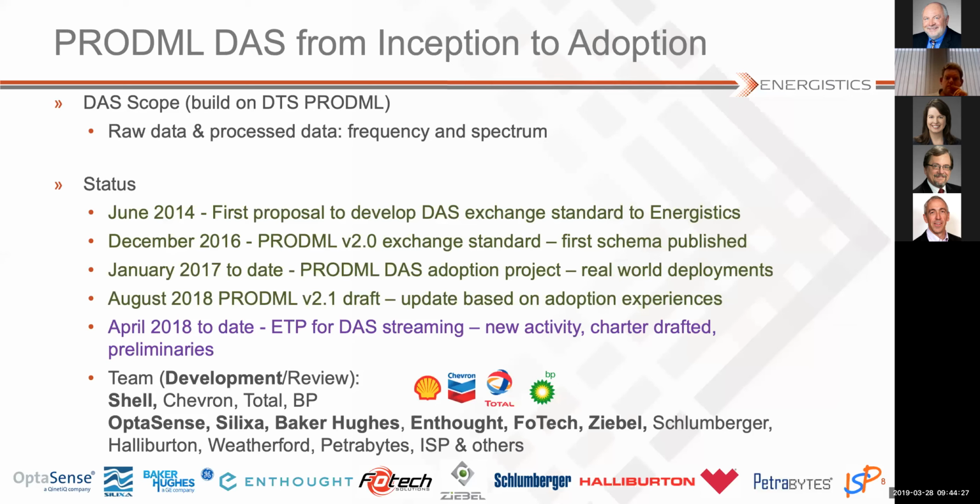So a few things were changed, but the basic concept didn't change. Attributes, really, to make some of that navigation through the metadata easier and so on. So that is the release that we think, based on this real-world experience, can be adopted by industry, and we're aiming to have that released in a final form. It's out for review now for anybody to comment on, members or non-members of Energistics, by Q2, so during the next quarter. But it should be stable. Nobody's giving us any feedback that it needs to change.